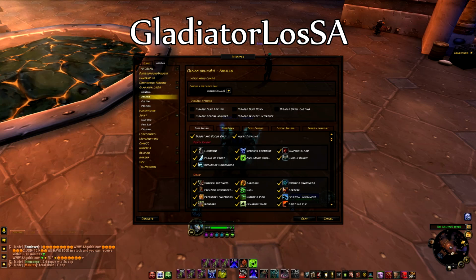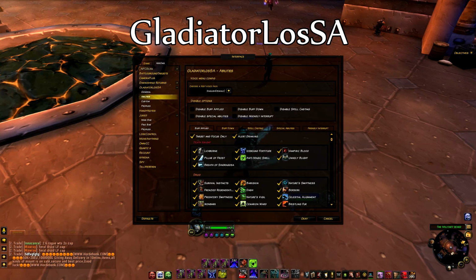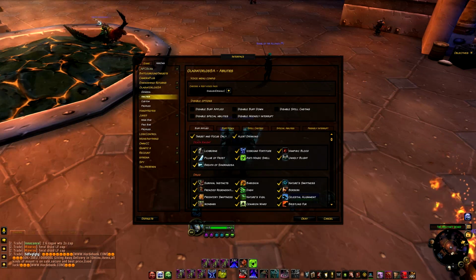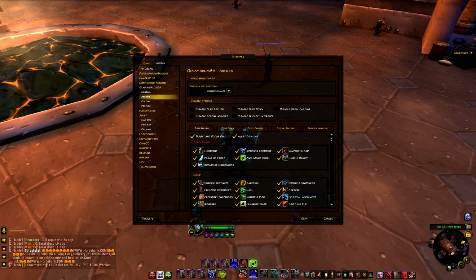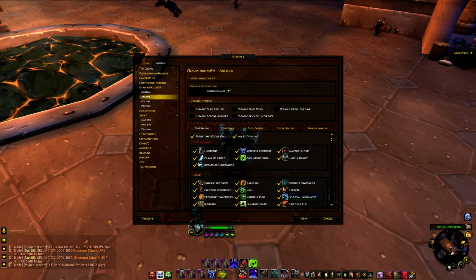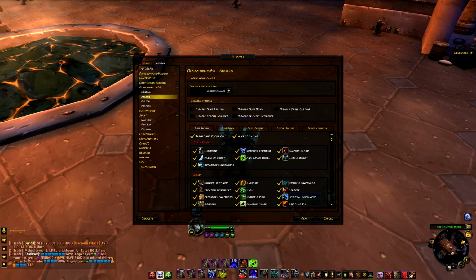GladiatorLosSA. What it does is report when certain things happen. Say somebody pops a cooldown or a defensive cooldown or a piece of crowd control on the enemy team or your team, a voice will occur and it will tell you, like, ice block. It will do that kind of thing, and that's basically what it does. It's very, very helpful because it allows you to take advantage of more than one sense, if you know what I mean. So you can actually make use of your ears in this game,